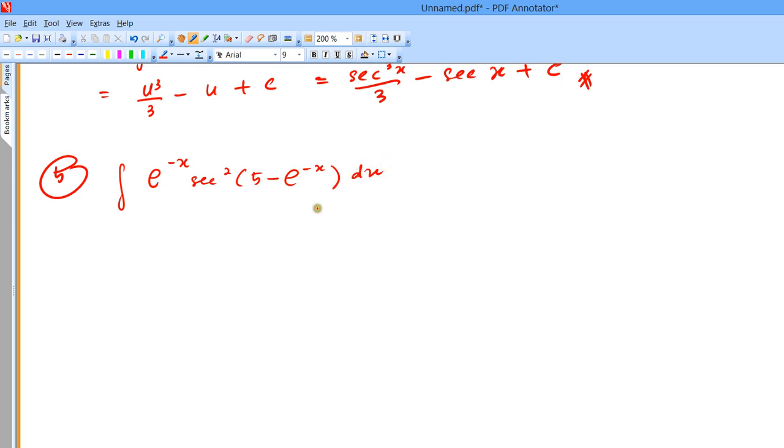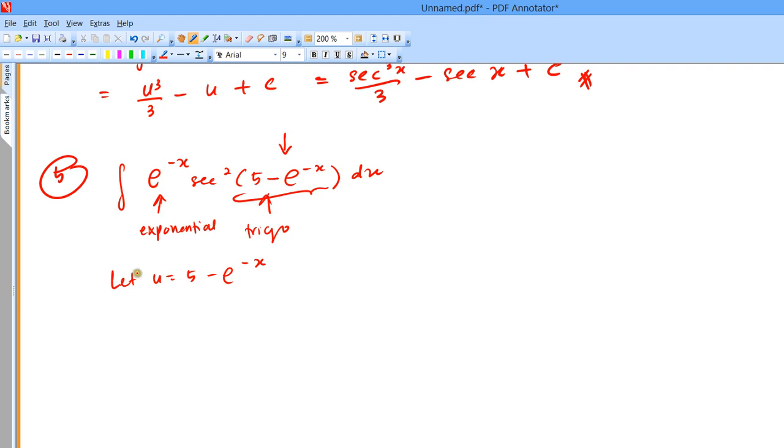So now for this problem, we have an exponential function times a trigonometric function. So for this problem, we can let u be the angle. So let u equal 5 minus e power of negative x. So we let u be the angle so we can cancel out